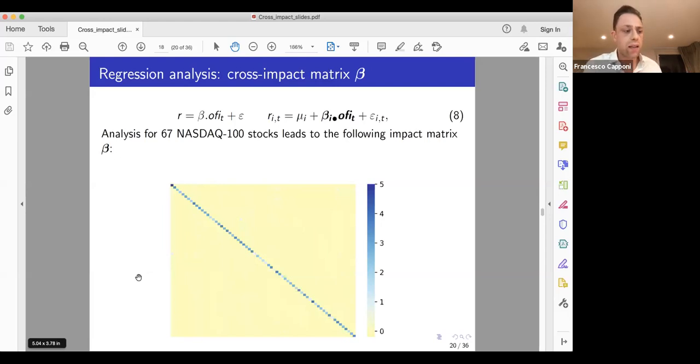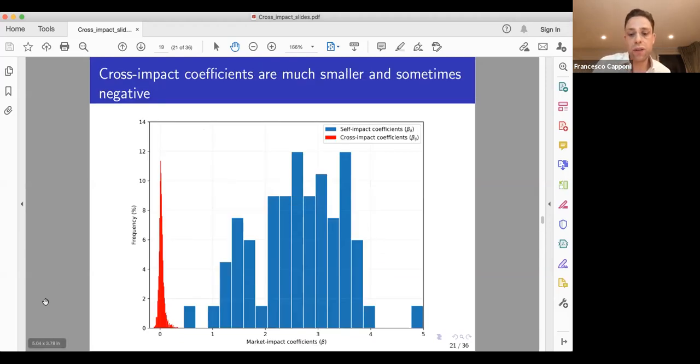If you move to the next slide, then to be a bit more clear in terms of units, this one shows a bit better what the distribution is. So the relative frequency distribution of the market impact coefficients from these regressions. The blue is the self-impact coefficient, so-called. So it's the impact of a stock's own order flow imbalance on its own return. And the red is the cross-impact coefficient, which is the coefficient of another stock's, all other stocks, basically, OFI on